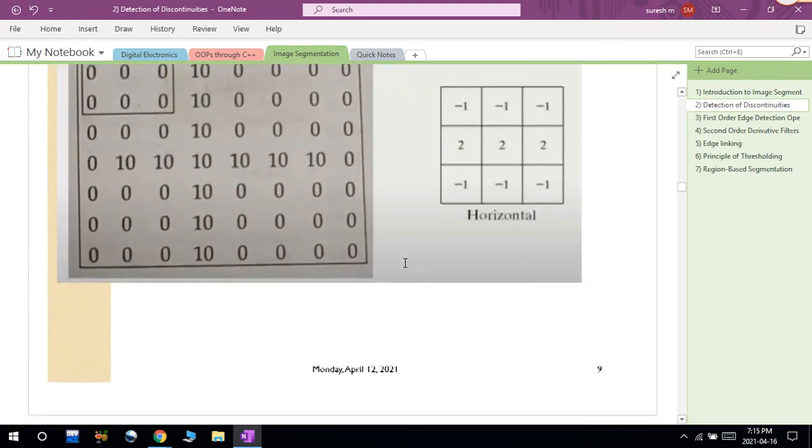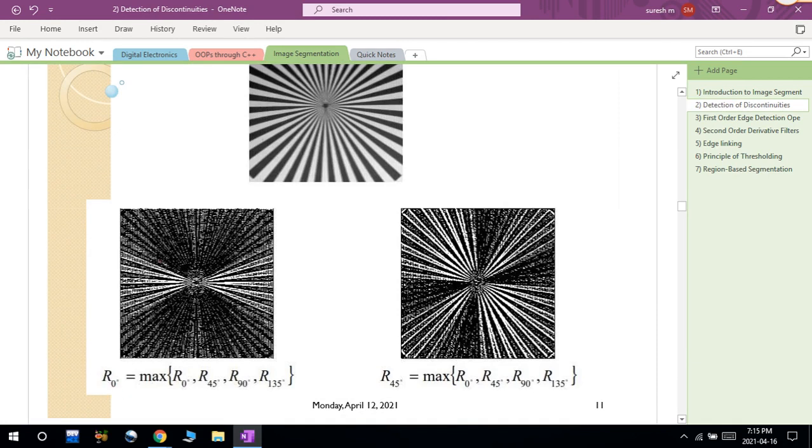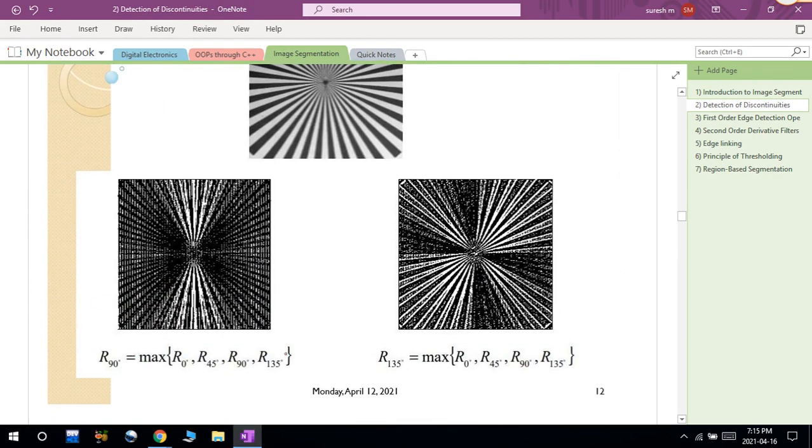The same concept I applied to this image, and this is an example. This is the image. For this image, I apply this horizontal filter, and it will detect most of the horizontal lines. If I apply this vertical filter, then it is not vertical. This is 45 degrees, so these types of lines will be more clearly visible if I apply this one. If I apply this 90 degrees, that is nothing but vertical, so it will highlight more of the vertical lines. In case of this one, this is 135 degrees, or I can call it -45 degrees, so it will try to highlight these kinds of lines.